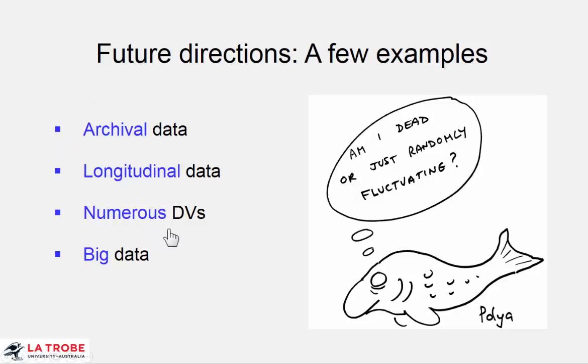Numerous DVs, so think of genetics and think of brain mapping, where we don't just get 1 or 2 or 3 measures, but you might have thousands or tens of thousands of measures, and we need to estimate the sizes of effects in perhaps groups of DVs. So some of our basic logic applies, but we also need to come up with new techniques,